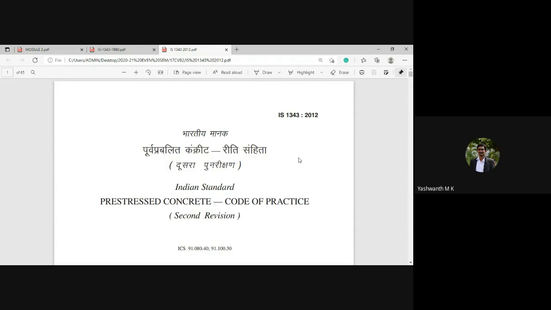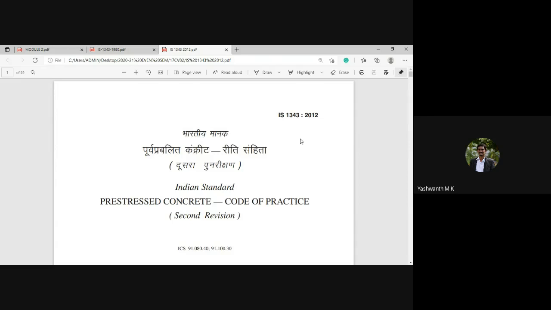Because in the last session, as I stated, instead of remembering the formula, you can also use this particular code book, and you can go ahead with these types of formula. But one important thing is they are not going to give it in detail. Instead of giving a formula, they are going to write it in text format, which I am going to discuss now. So we'll come to know how to go ahead with those formulas.